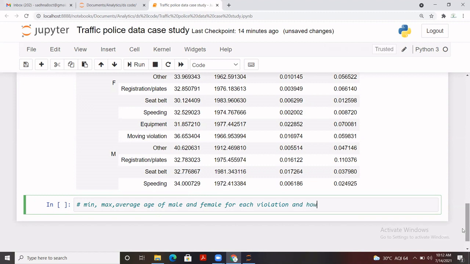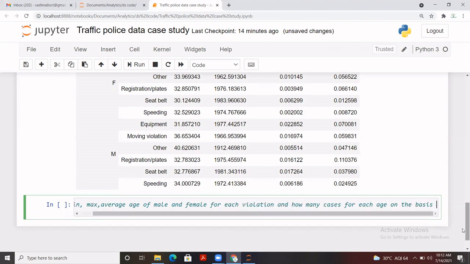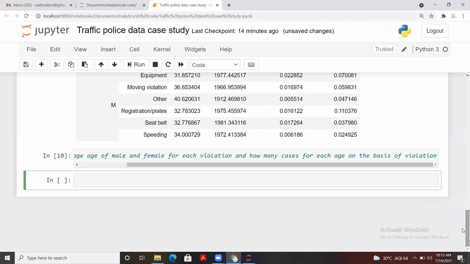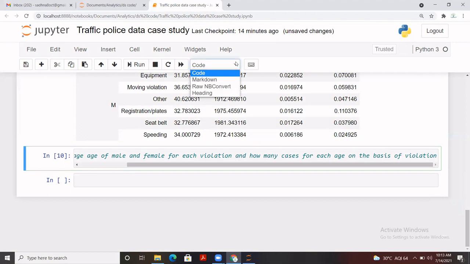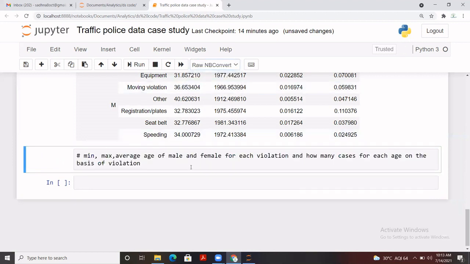And also we want to check how many cases for each age on the basis of violation. Right, so how are we going to do it? Let me put that into markdown.